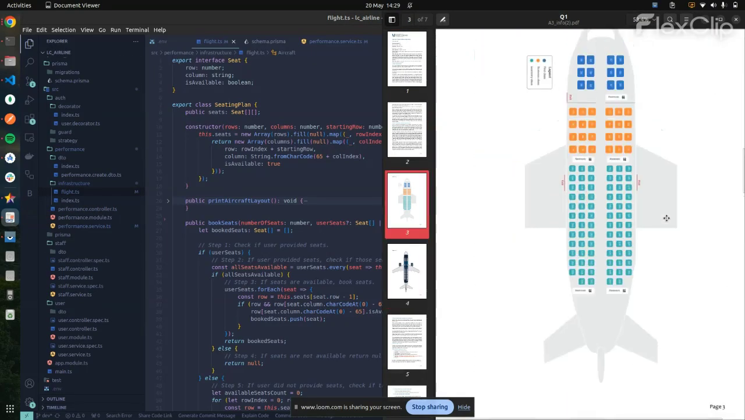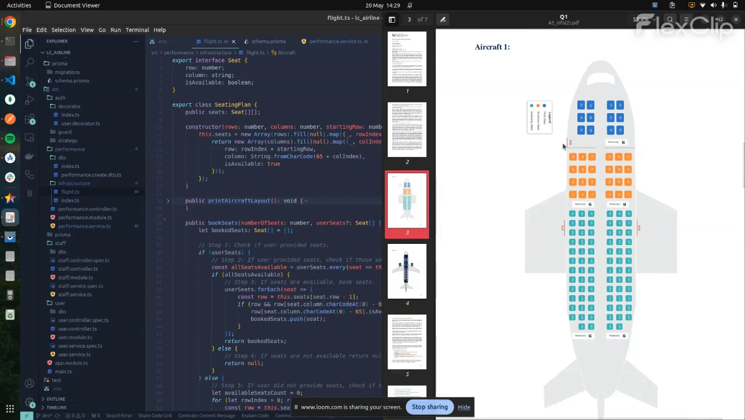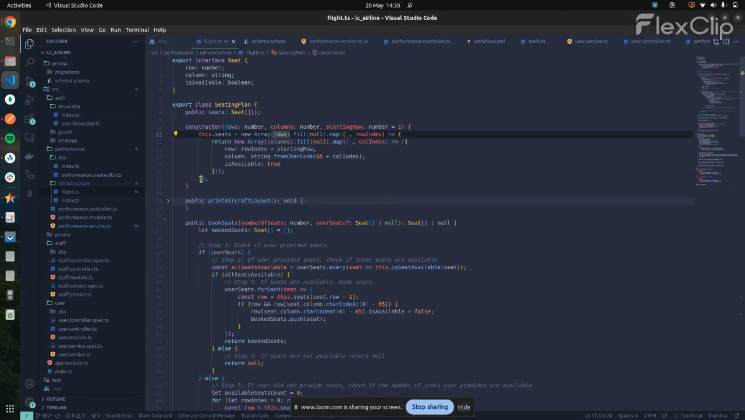Now, if we go back to look at how aircraft are usually structured, we have three different seating plans: first class, economy, and business class. And 2D array meaning the rows and columns. So the seating plan contains